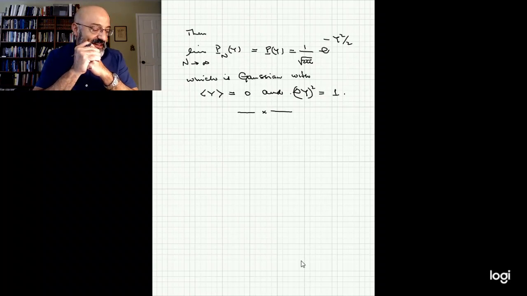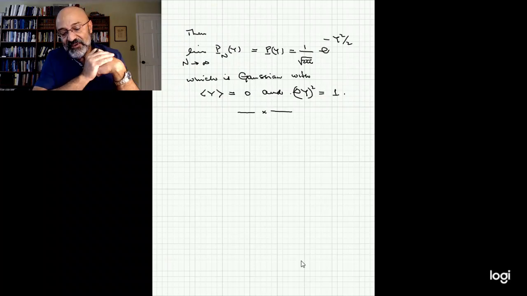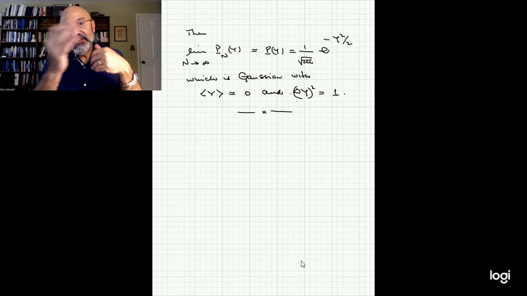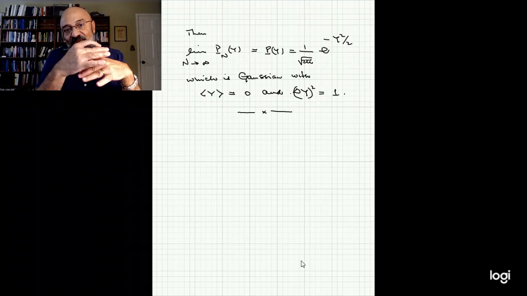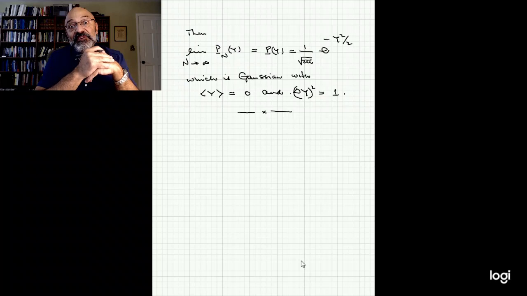Very good. In the next section of this lecture, we're going to start tackling the problem of how you update if you have probabilities and you acquire data. We're going to start talking about Bayes' theorem. See you then.